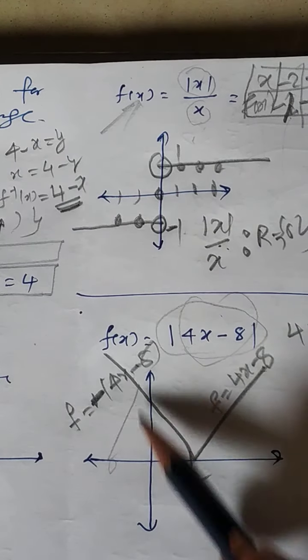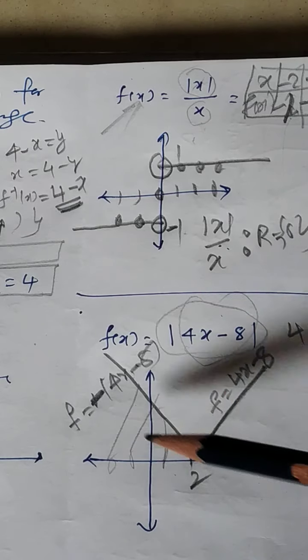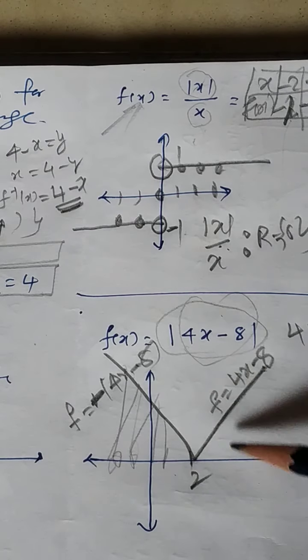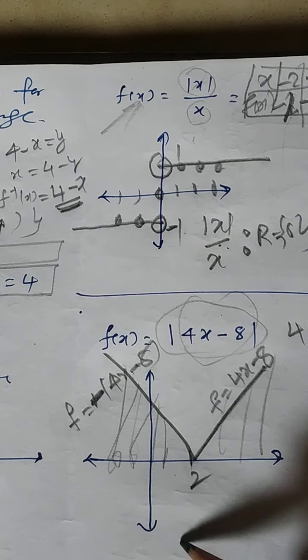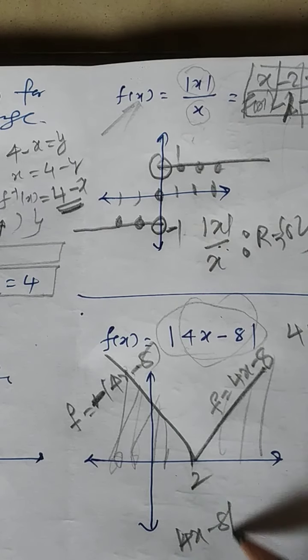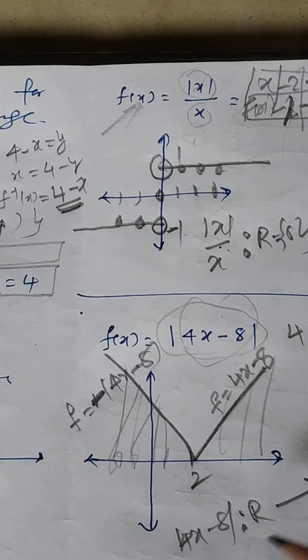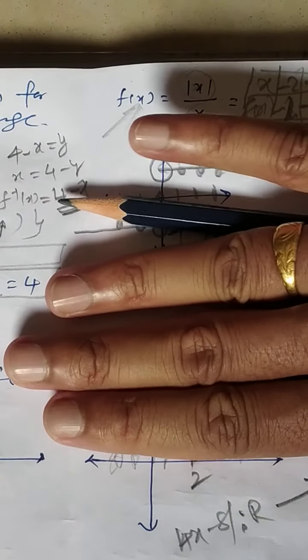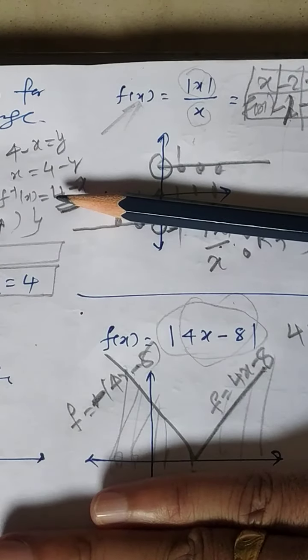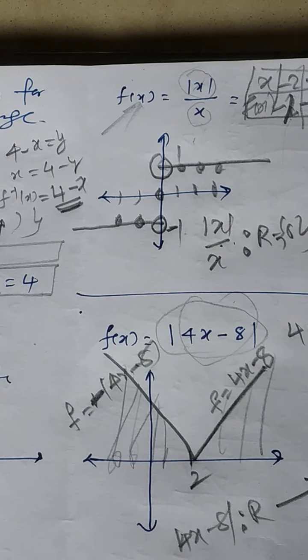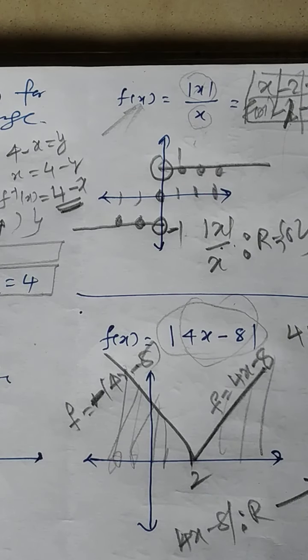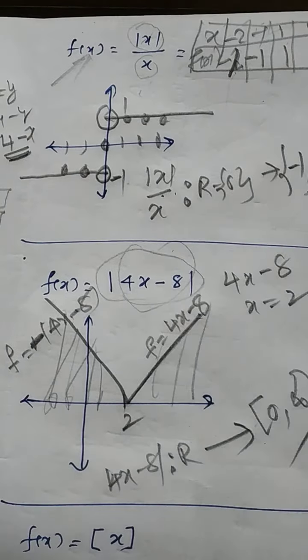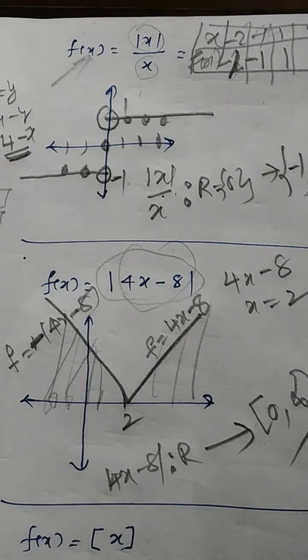Domain: for every point you have the solution. Here it is moving perpendicular, so the domain is nothing but R. Range: you don't have the graph downside, the graph is possible upside only, so it will be R positive. Sometimes you can write it as 0 to infinity. Are you getting it? So this is a way of looking.